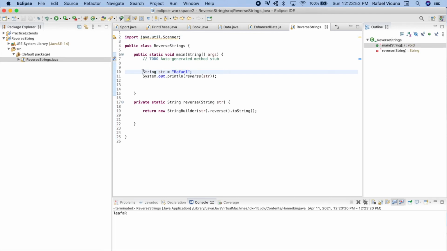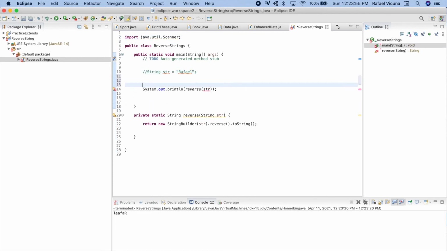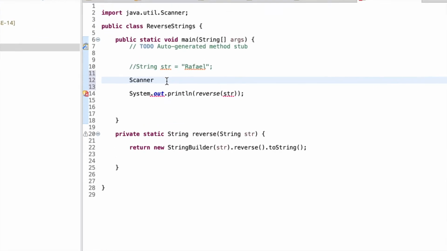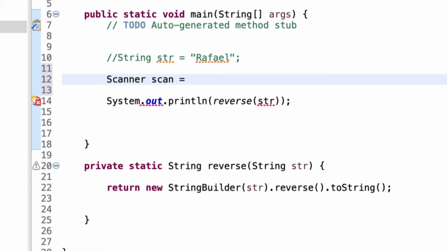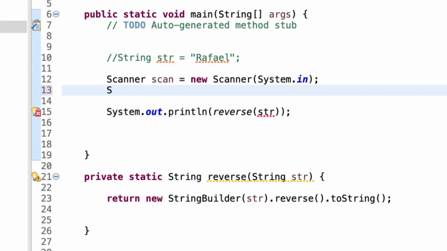I'm going to comment this out for now because I want to use a scanner for this, okay? So I'm going to do scanner, and we can call our scanner whatever you want. I'm going to call mine simply scan equals new scanner bracket system.in. I will initialize this, and then we can do system.out.println. Enter a string,